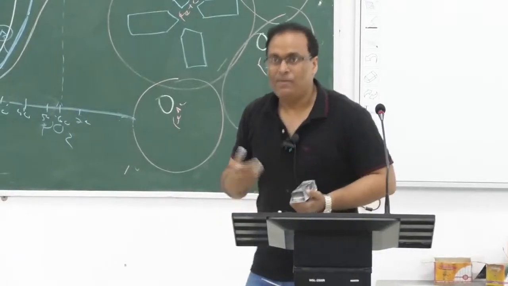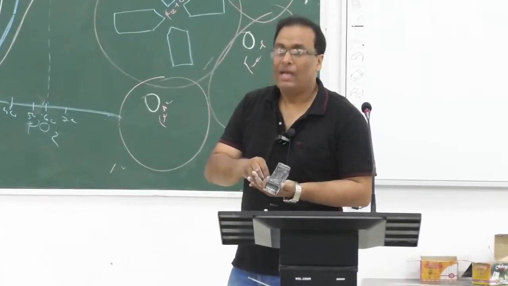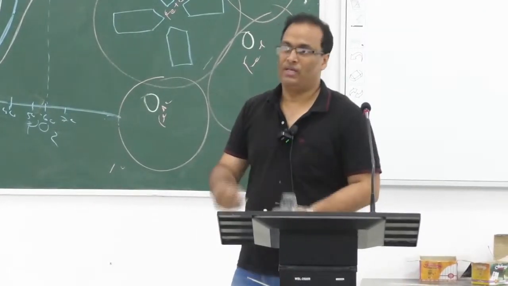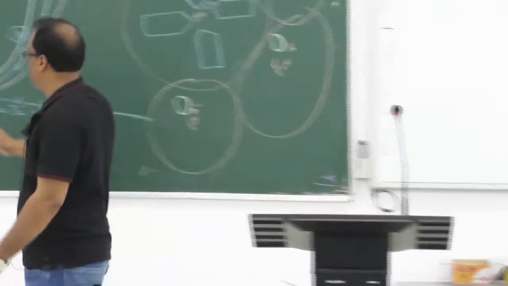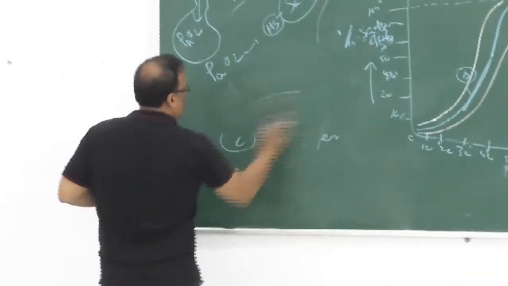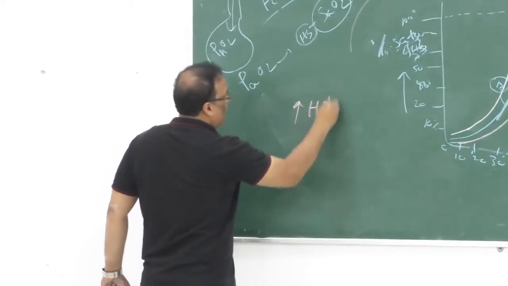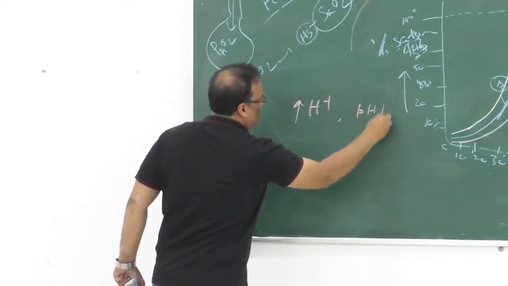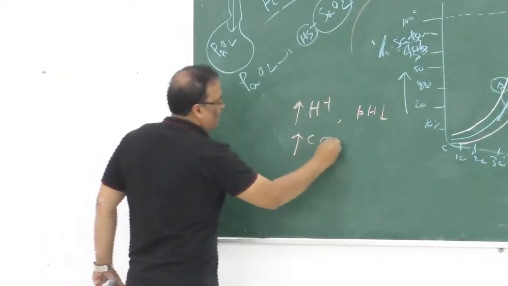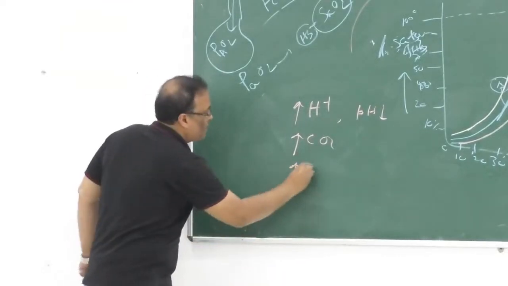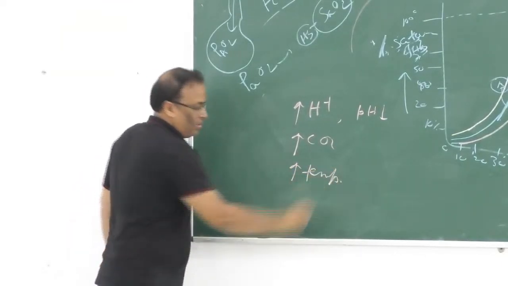What does exercise mean? ল্যাকটিক অ্যাসিডোসিস ফর্মেশন, কার্বন ডাইঅক্সাইড ফর্মেশন. তাহলে কি হচ্ছে? প্লাস আয়ন বাড়ছে, তার মানে পিএইচ কমছে, কার্বন ডাইঅক্সাইড বাড়ছে, টেম্পারেচার বাড়ছে, এক্সারসাইজ করেছি তো, মেটাবলিজম